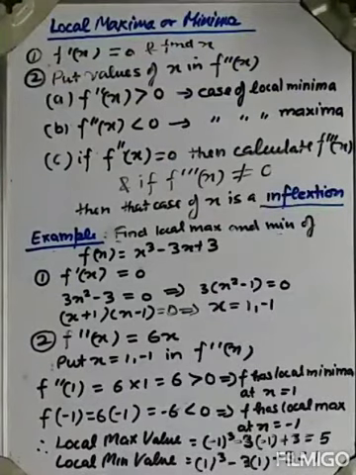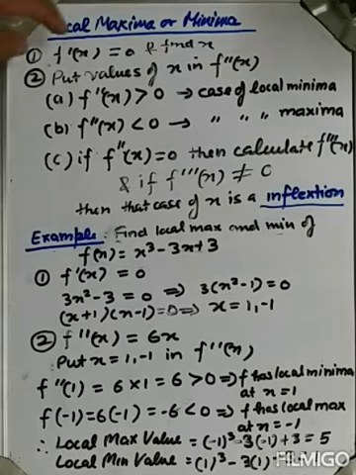Now let's discuss how to find the local maxima and local minima, and this is the important part. This is dealing with exercise 7.7. How to find the local maxima. Till now we have discussed how to find the absolute. Now how to find the local maxima and local minima.